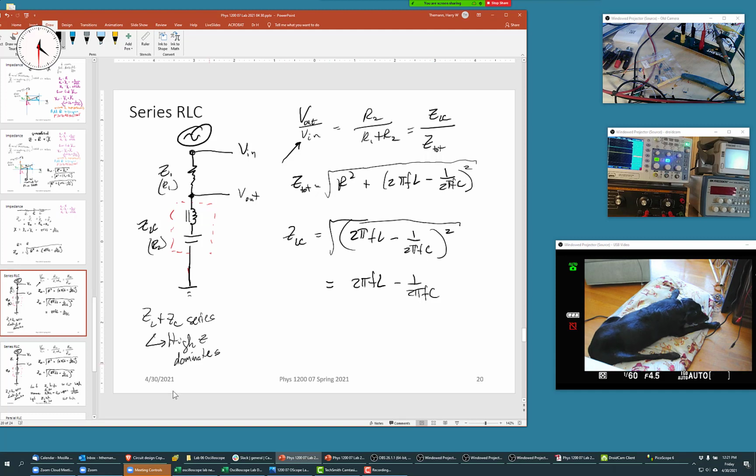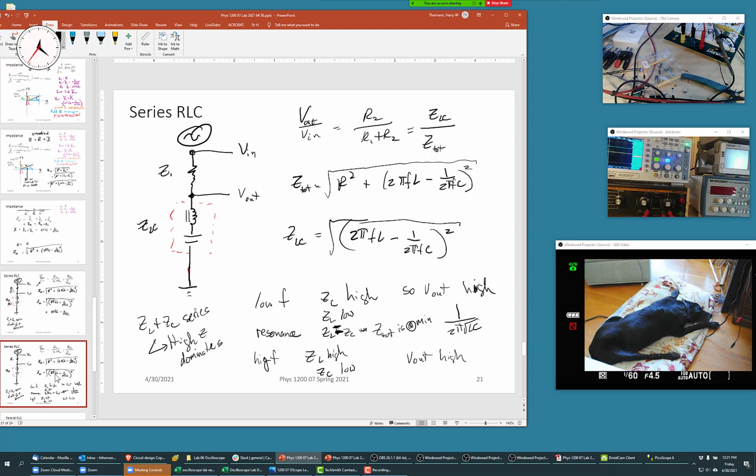So remember that I'm just adding the same slide with some more stuff added to it. In a series circuit, and just focusing on the LC part, because V out depends on how L and C behave together. In a series circuit, the high resistor, the high Z, dominates. So we should expect in our graph